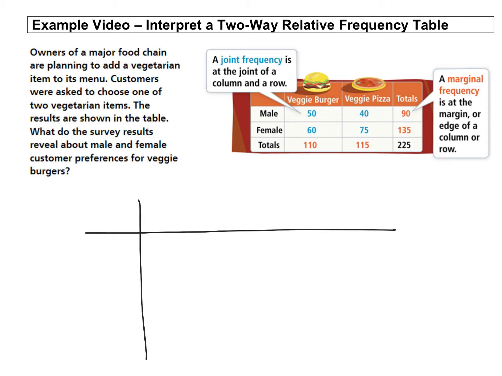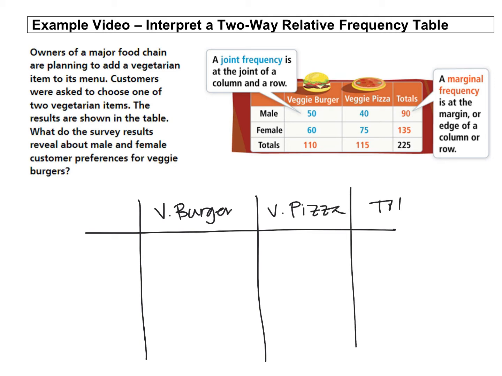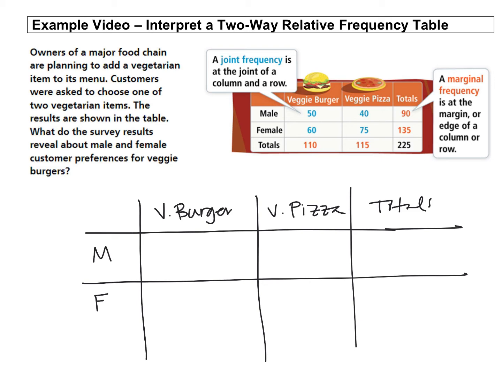So let's see. We've got our veggie burger. And I'll just show you the difference between the two. We have a veggie pizza. We've got our totals. Off on the left, we have male, female, and totals. Okay, so when we do our relative frequency table, we know that we had